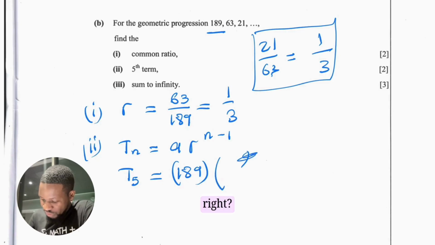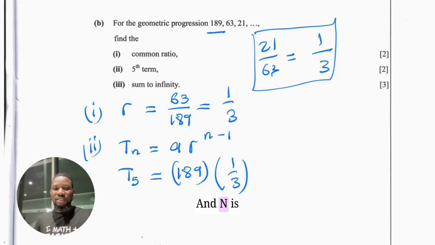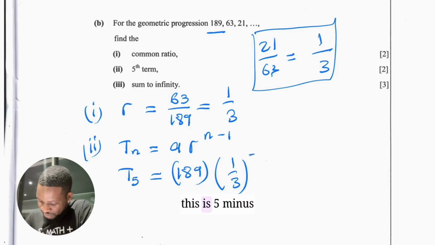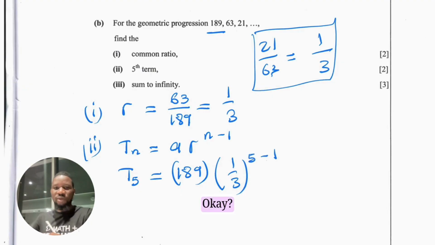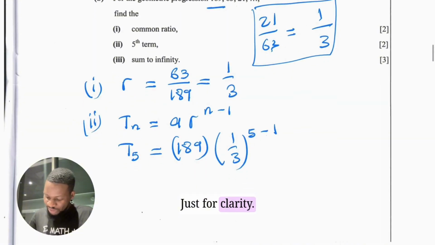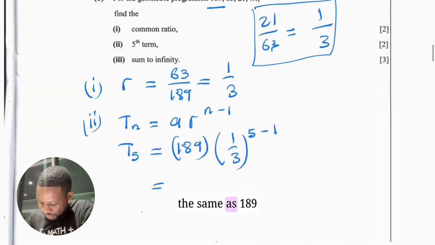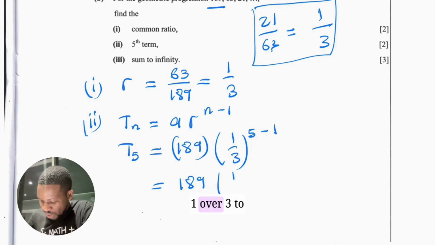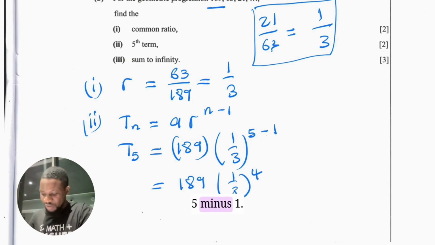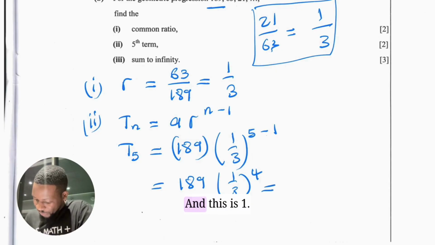The common ratio, right? The common ratio is 1 over 3. And n is 5, right? So this is 5 minus 1. Okay, so I just wrote it for clarity. Okay, so now this is just the same as 189 multiplied by 1 over 3 to the power 4, right? 5 minus 1. Okay, and this is